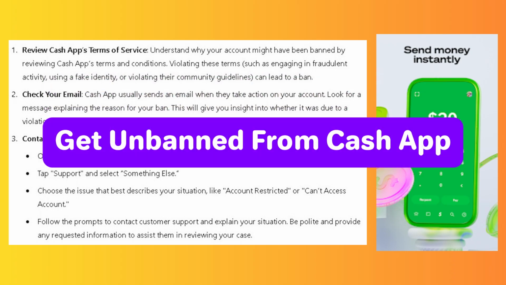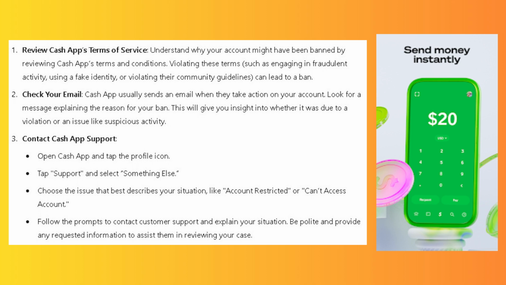In this video, you will learn how to get unbanned on Cash App. If you've been banned on Cash App, follow these simple steps to try and get unbanned. First, review Cash App's terms of service. Understand why your account may have been banned by reviewing Cash App's terms and conditions. If you violate these terms and conditions by using a fake identity or violating the community guidelines, this can lead